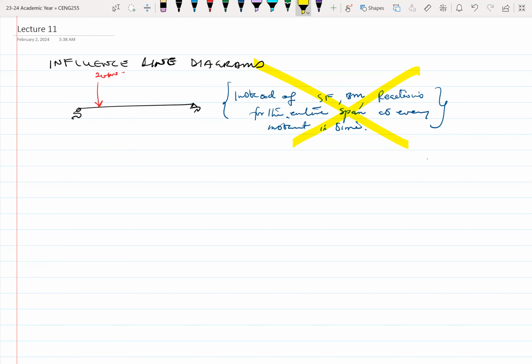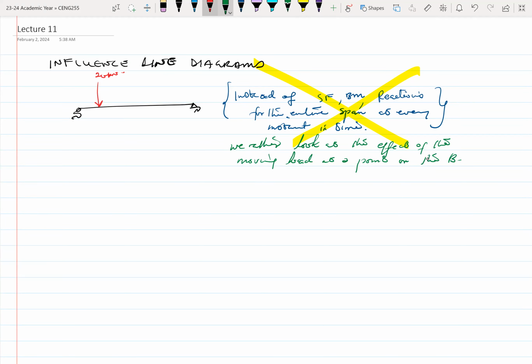So rather, what do we do? We rather look at the effect of the moving load at a point